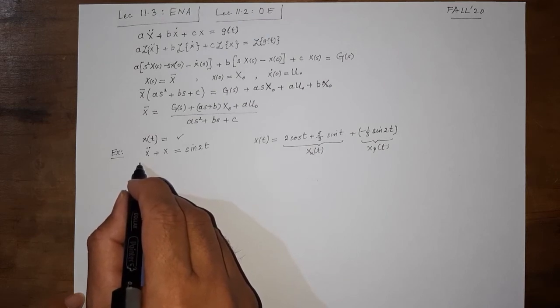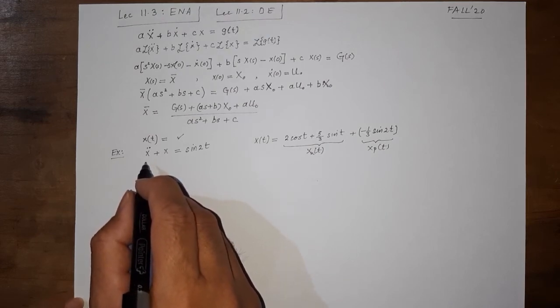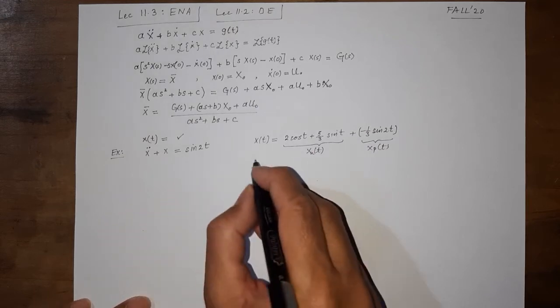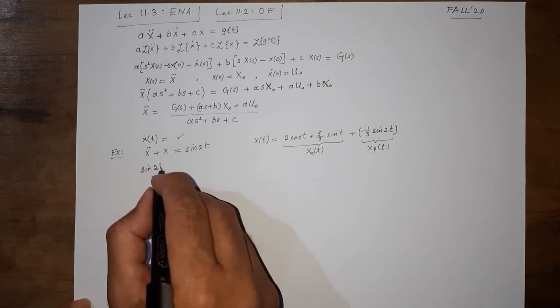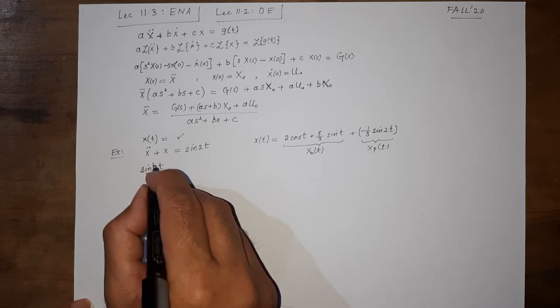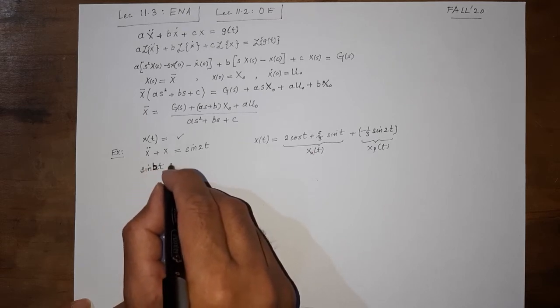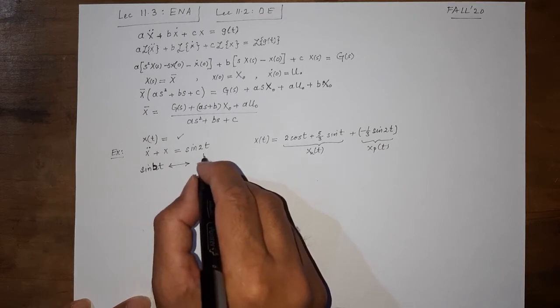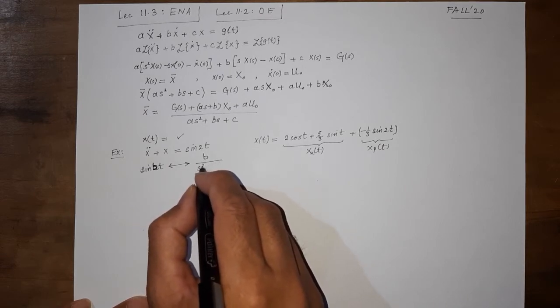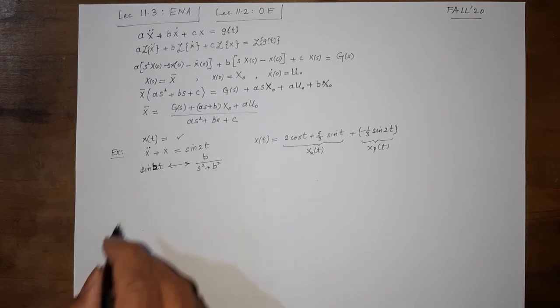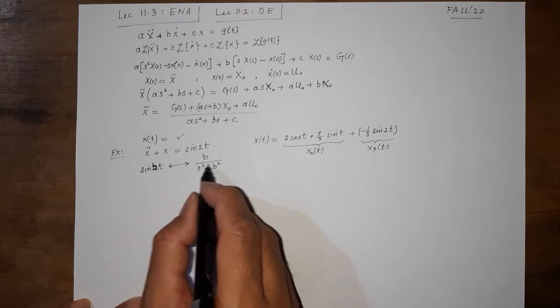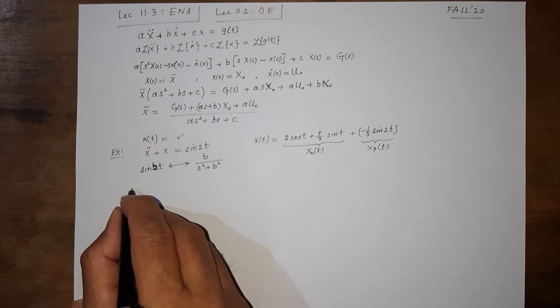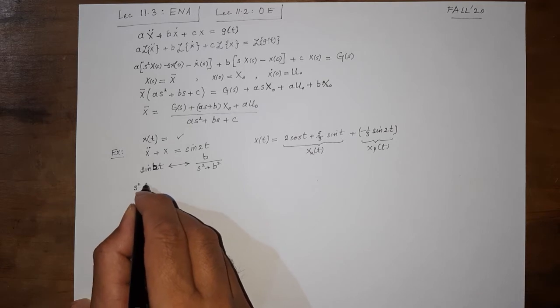So what do we do? We apply the Laplace transform here, and for that you should know the Laplace transform pair of sine of 2t. You can see that sine of bt, b being a constant, has a Laplace transform of b over s square plus b square. So it means that sine of 2t would have a Laplace transform of 2 over s square plus 4. And if we apply the Laplace transform here, we are going to get s square x of s.